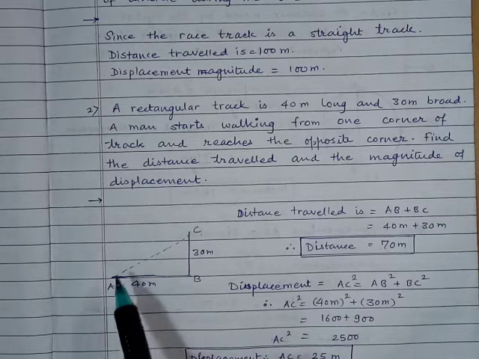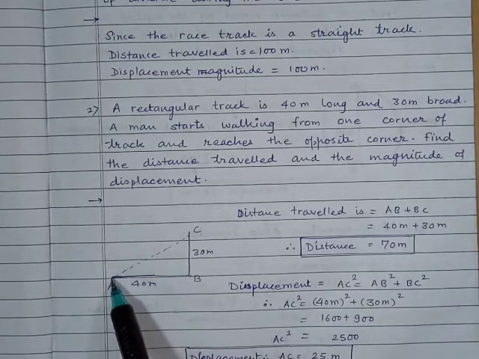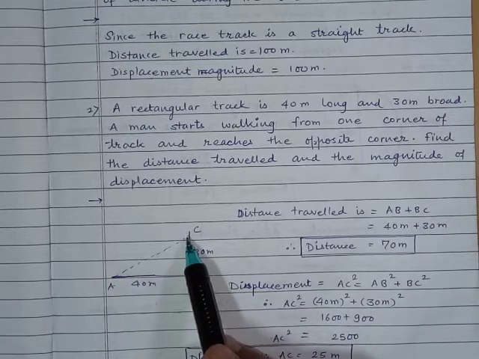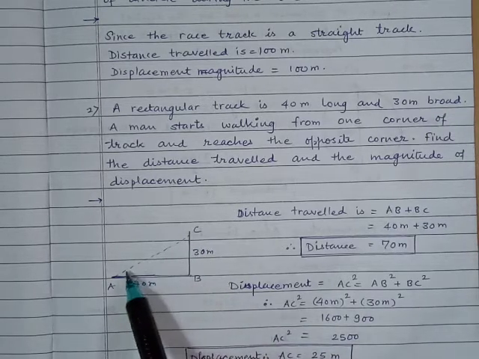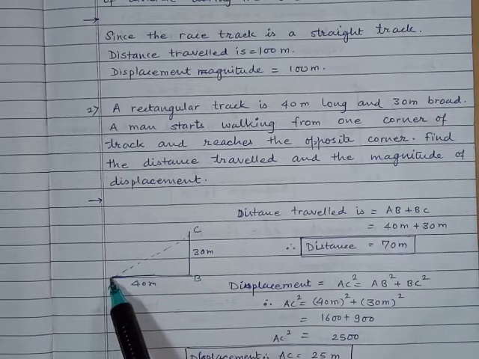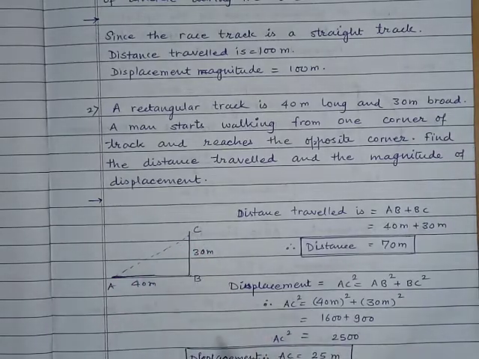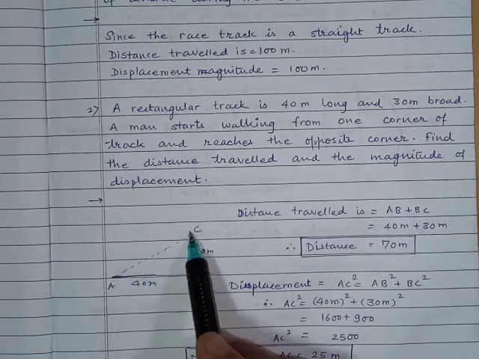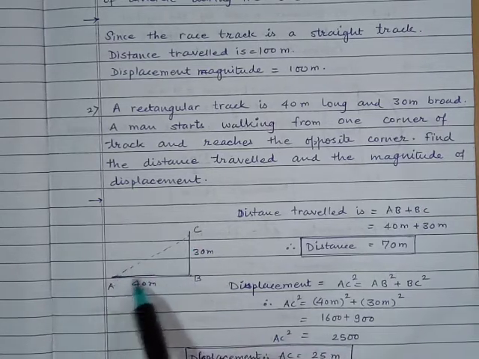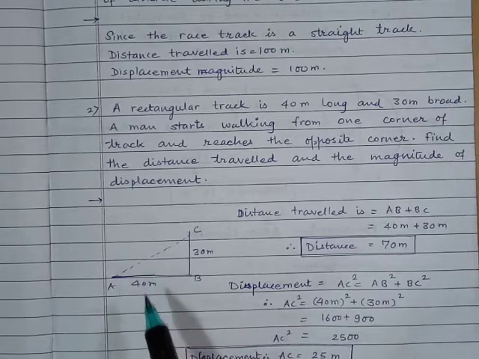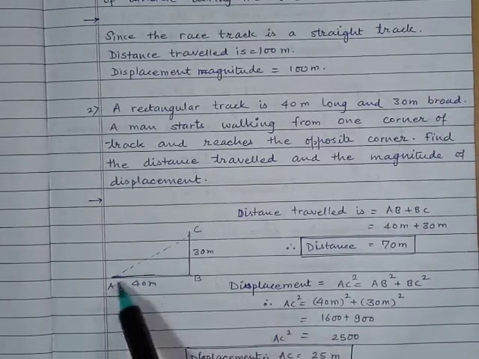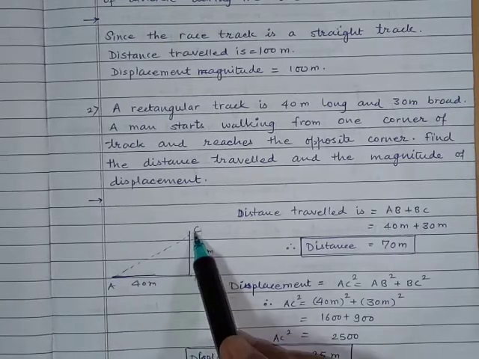I know that displacement is nothing but the shortest path. So if I join this A and C, this dotted line which I have drawn over here, this is nothing but the shortest path between this point A and point C. There is an initial point and the final point. Now if you observe carefully, you will find that if I join this AC, then it is a right-angled triangle. I know that AC is nothing but the hypotenuse, and AB and BC are the two sides